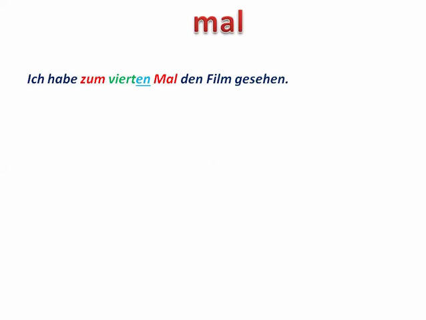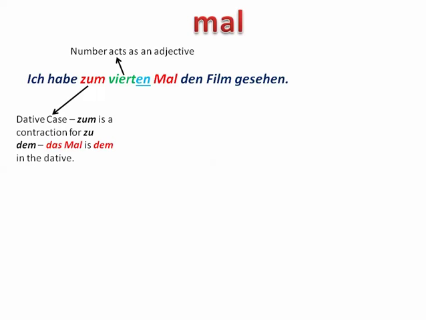Okay, so you also see things like ich habe zum 4. Mal den Film gesehen. So here the number is acting as an adjective. Zu is a dative preposition, and again we have several videos on that. But since mal is a neuter noun, that's going to change to dem. So you have zu dem, and then in German you can form a contraction out of that construction, which becomes zum. And then the en on viert is used as an adjective ending in the dative case. So ich habe zum 4. Mal den Film gesehen. And here what you've seen is the film, so it's the direct object, therefore accusative, and since Film is a masculine noun, it's going to change to den.